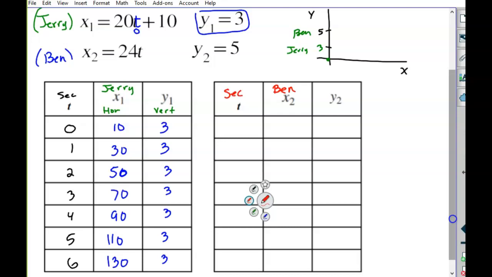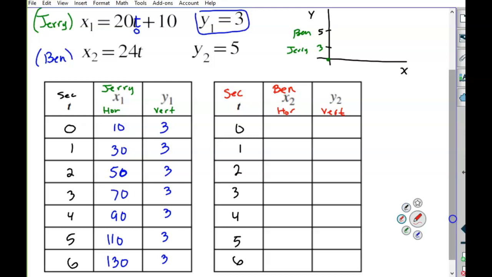We're still going to go in seconds. Ben's horizontal movement is the x value. His vertical movement is the y. And the one constant between these two runners is time. Time is always the same thing. So then fill in this same work